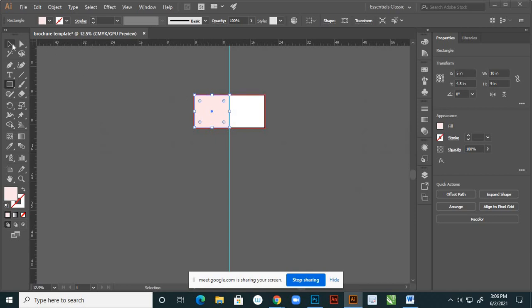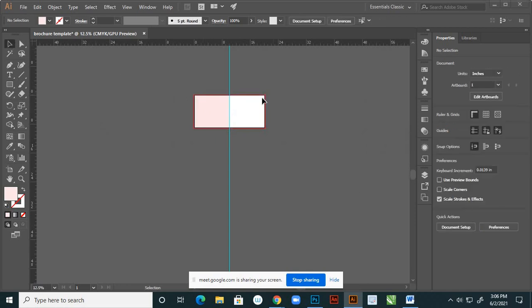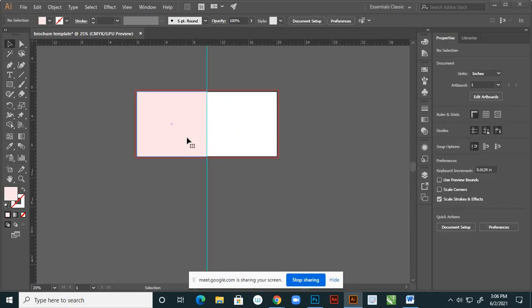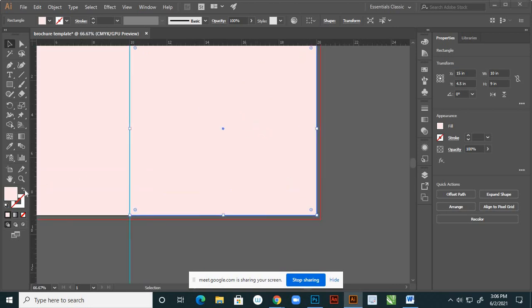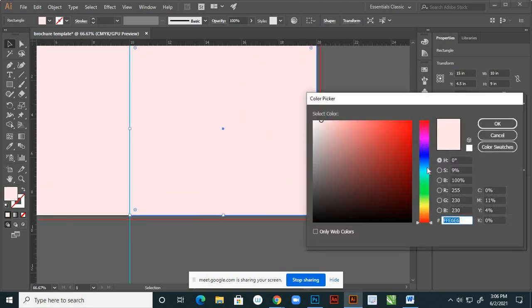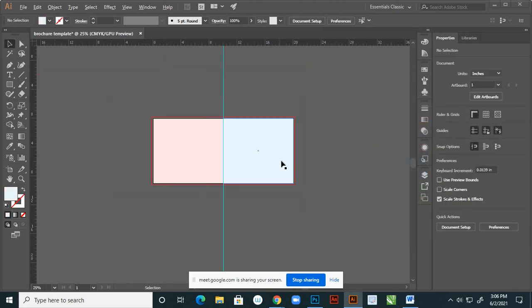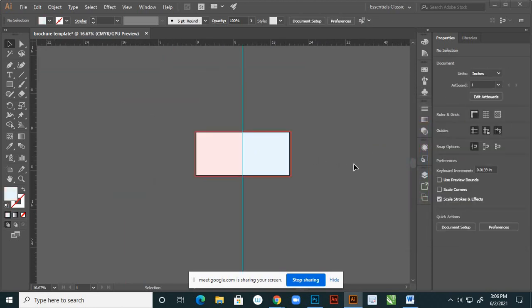Okay, right. The same thing, duplicate this by using Alt on the keyboard. Fill this with the other color, right? So this is a template.